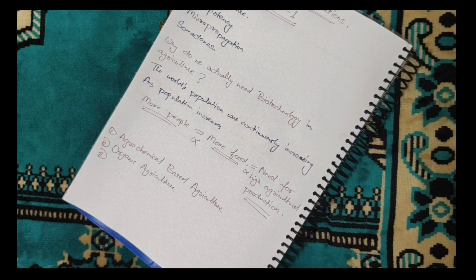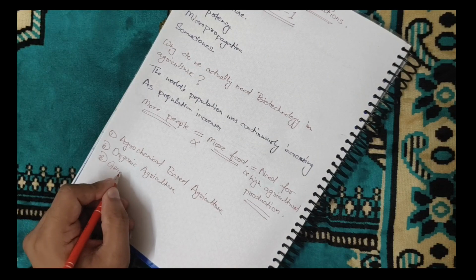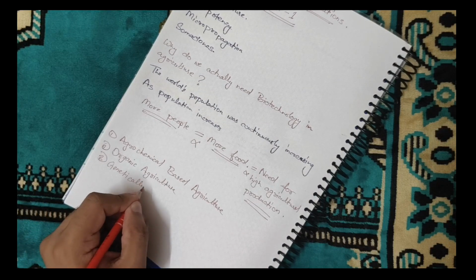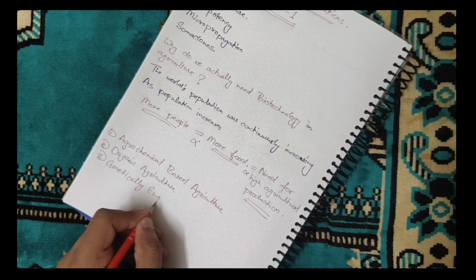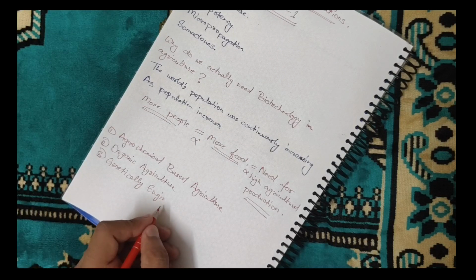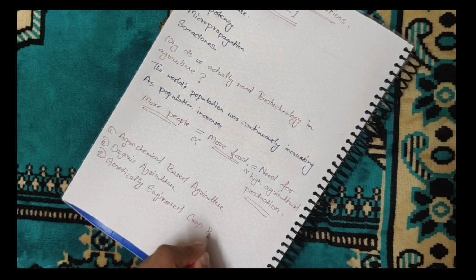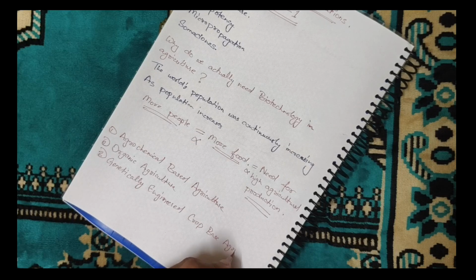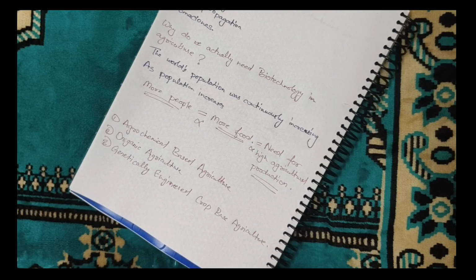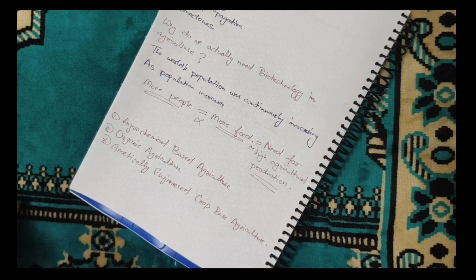And the third one for us is genetically engineered based agriculture. So these three were actually being used mostly, and are currently still being used, for increasing the food production. So let's first discuss our